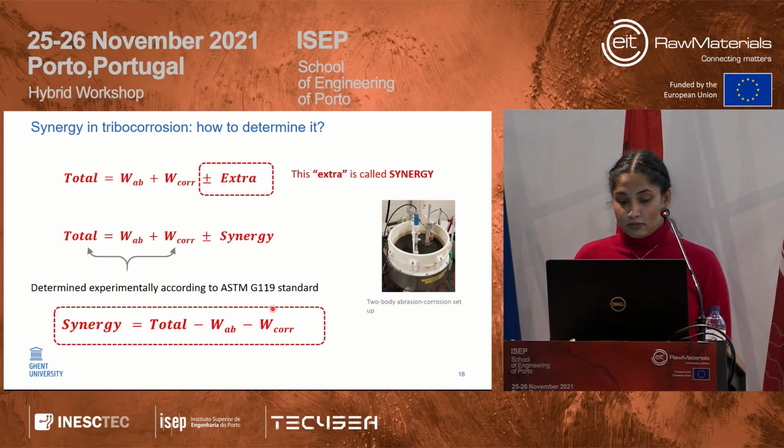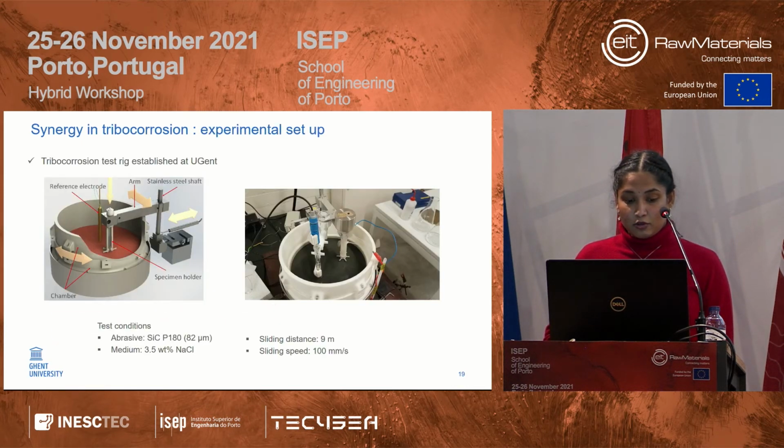The test rig that was developed is this, as you see on your left. We have a sample at the bottom, which is probably 8 mm in diameter and 10 mm in height. We have an abrasive paper at the bottom, which is silicon carbide or alumina, whatever you can choose. And we have a corrosive medium and an electrochemically controlled environment. That means we have a reference electrode here, with which you can apply a desired potential, and you can stop the corrosion from happening or accelerate it.